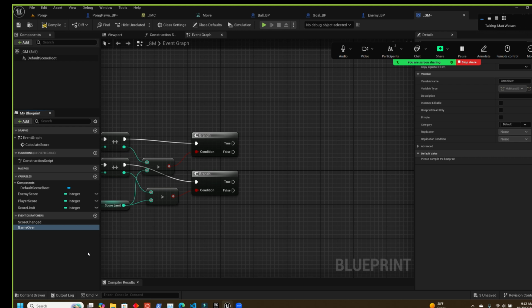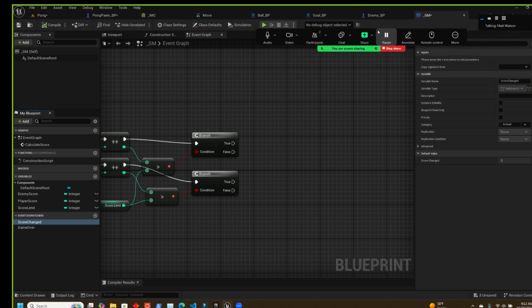Okay. Score changed. Go ahead and click on that one real quick. Yep. And over here in the details panel, for some reason it's at the top this time. This is the only one that's at the top. We're going to add an input, and we're going to add the player score and the enemy score as inputs, so we can pass those through and let the